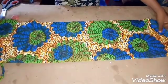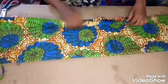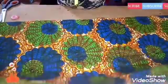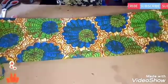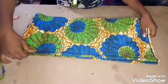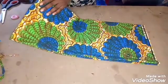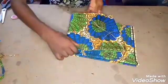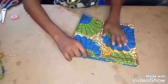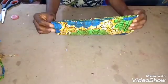So from your fabric, after cutting it off, you are going to open it up, then you refold it again like this. So here is what I have. I close it up, then I'm going to fold this one into 4. I fold it once, then I refold again. So I need 8 pieces from this